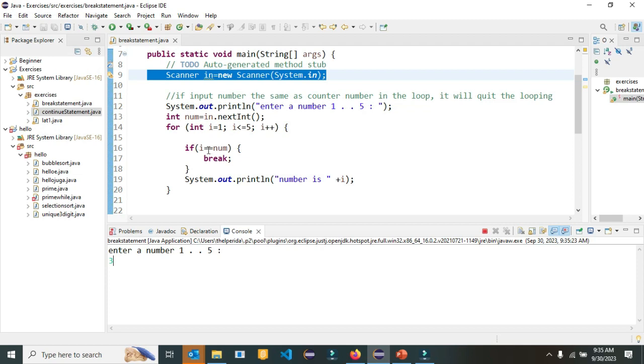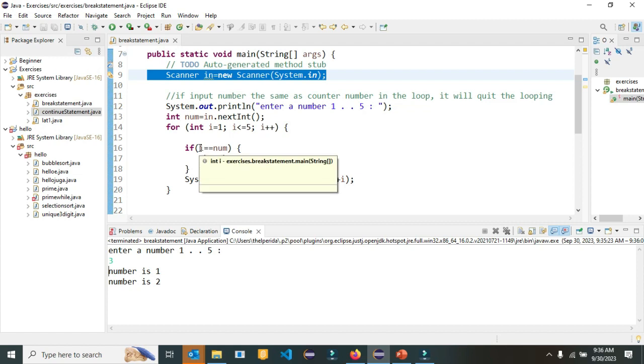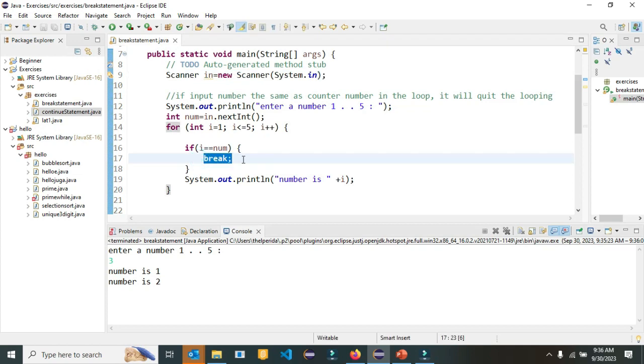However, there is a selection here. If i equals num, so when i equals 3, equal to the num, meaning the input given by the user, then the looping will quit and will not execute up to 5. It will stop at 3. Let's see the result. Look here, it displays number 1 and then number 2. However, because i here, 3, equals num inputted by the user, it's not displayed, but the break statement is read